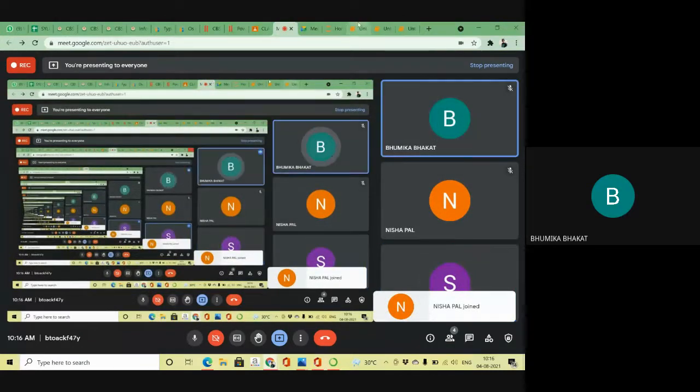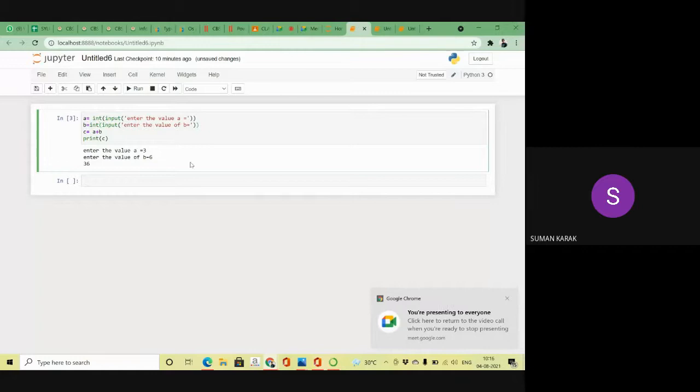Okay. So we know that if I use the input function in my program, it will store the value as a string by default. Now, if you want to take an integer value from the user, how can you take it? At that time you mention which type of value you want to take from the user.